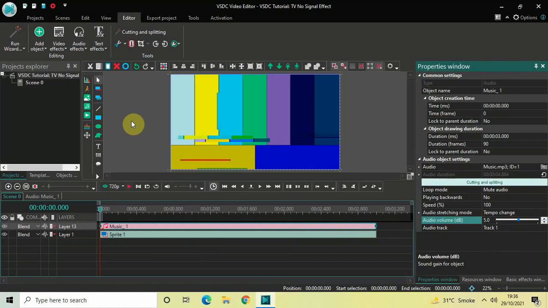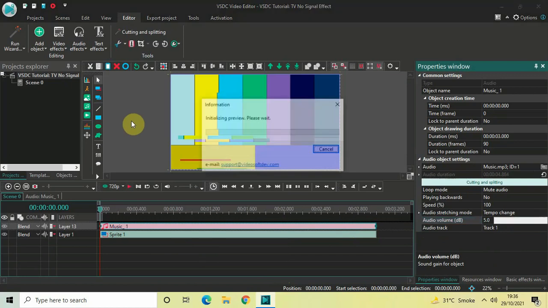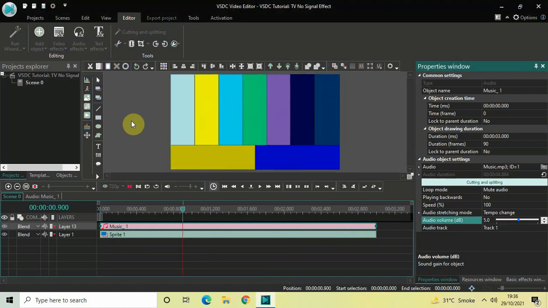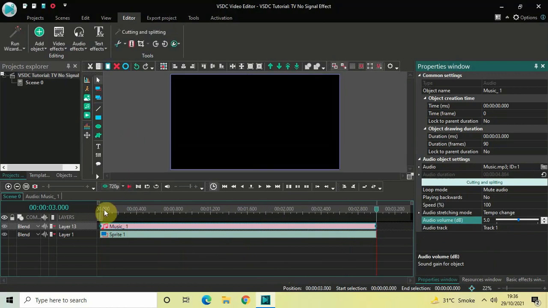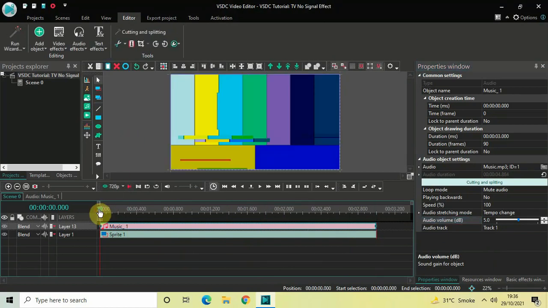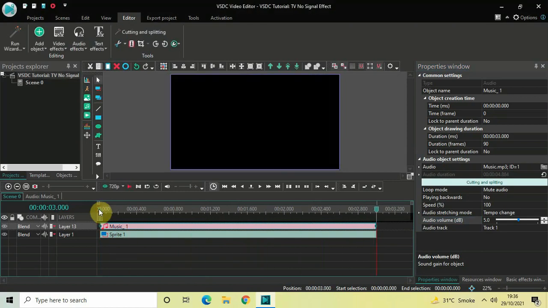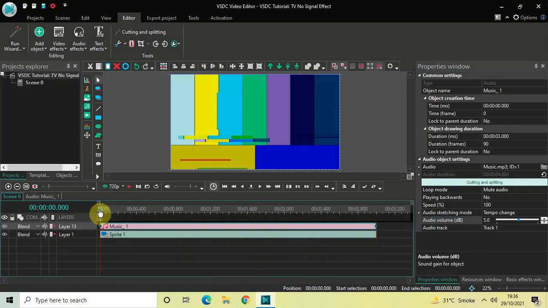And so now if I just quickly play the video for you. Perfect. Let me just once again quickly play this video for you. Perfect. So this is how you can actually create a TV no signal effect in VSDC free video editor.